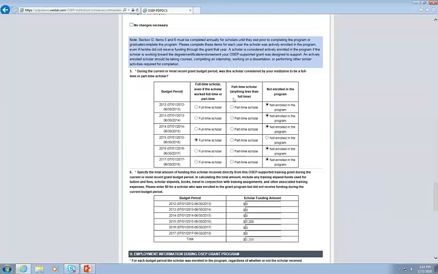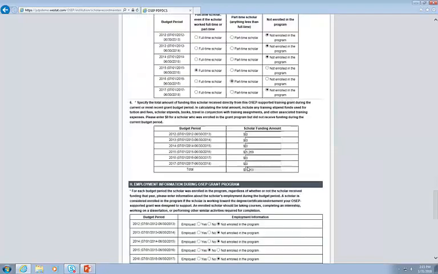These two items are set up as tables, and there's a row for each of your budget years. These are your grant budget years. You'll see in parentheses the dates that correspond, and that's based on the start and end dates of your grant. So it's going to vary from grant to grant, and it doesn't necessarily align to an academic year. But if we're talking about making sure that the 2016 budget period data has been entered by the deadline, we'll go to that row and indicate for item 5 whether or not the scholar was enrolled part-time or full-time in the program. Item 6, how much funding they received